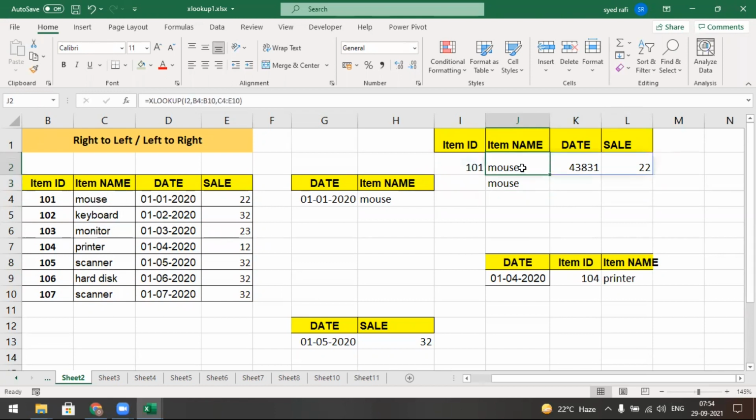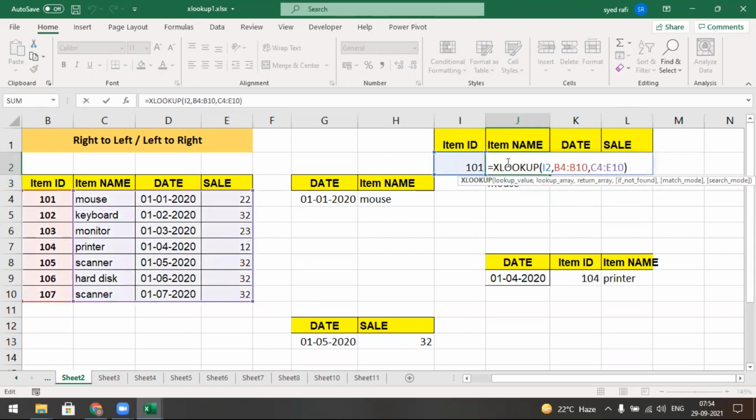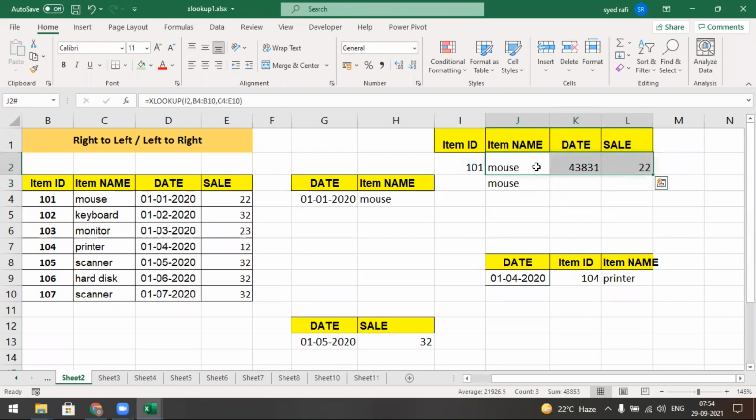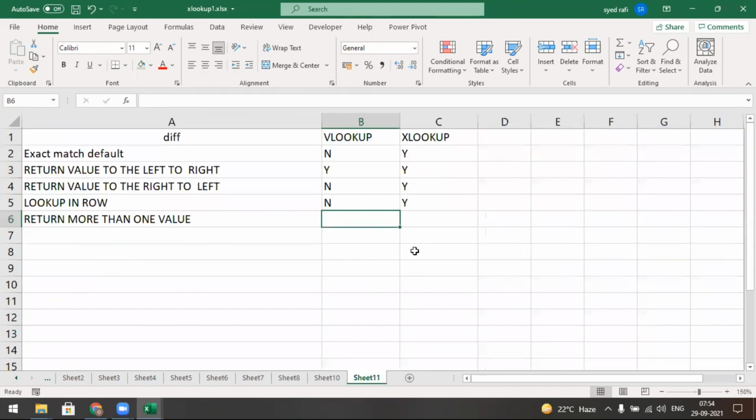But in XLOOKUP, what happened? If you fill this one, the remaining columns are filled automatically. So now you say which is the answer, where we put yes and where we put no. VLOOKUP no, XLOOKUP yes, because in VLOOKUP you get the answer only in that formula cell.